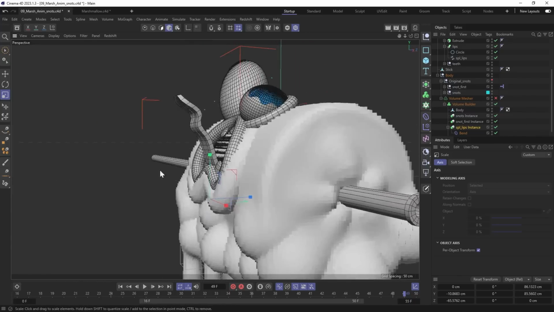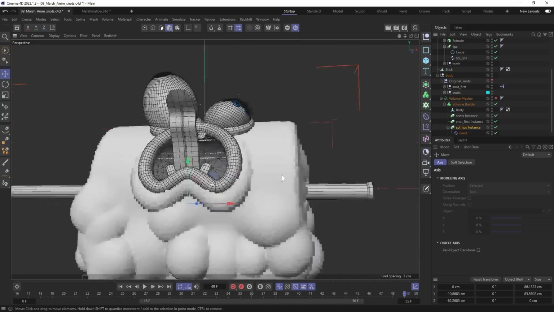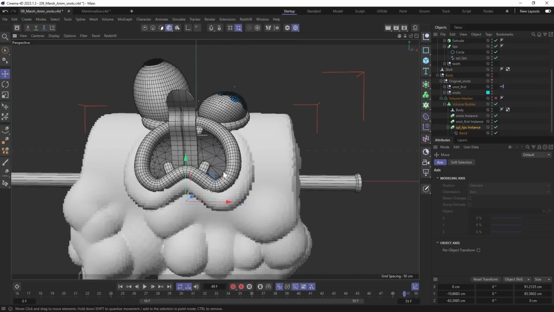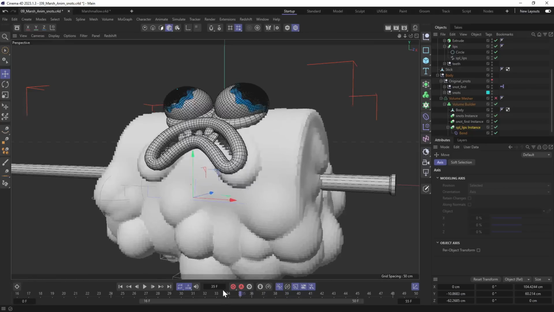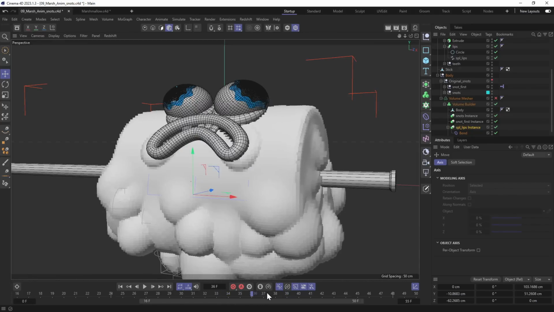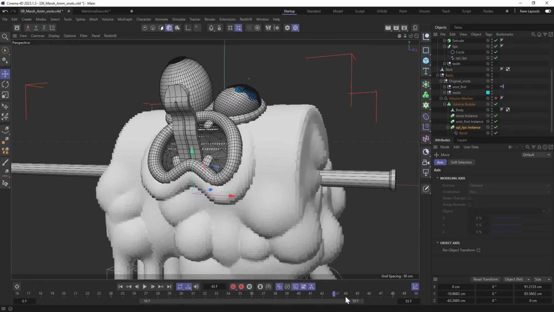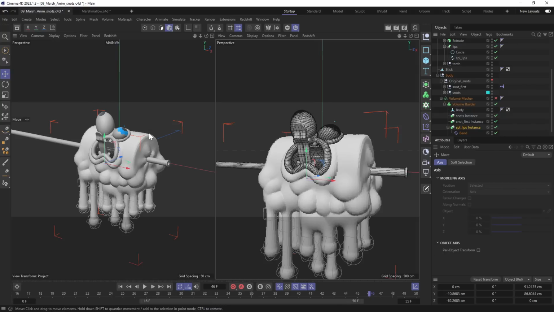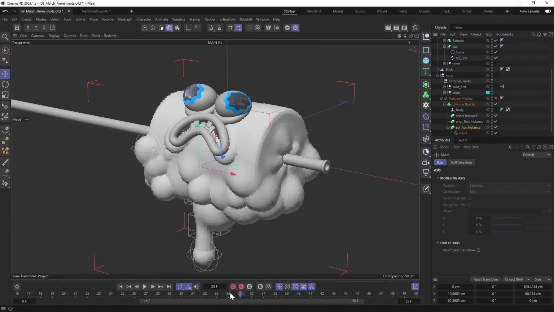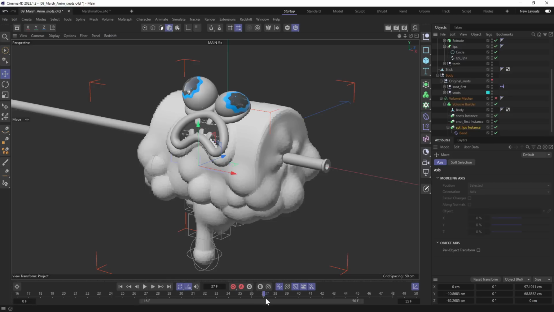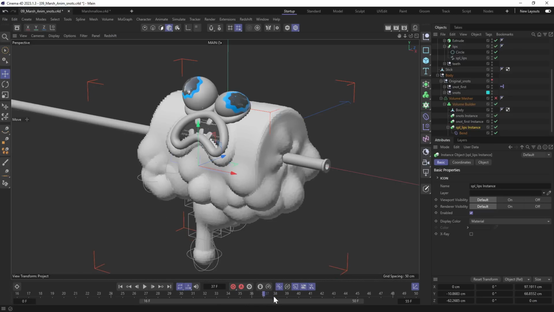It is much more flexible, but the main idea is to use the instance of the spline so that it follows the shape of the lips. And since we use an instance, we can enable and disable it in different keyframes.